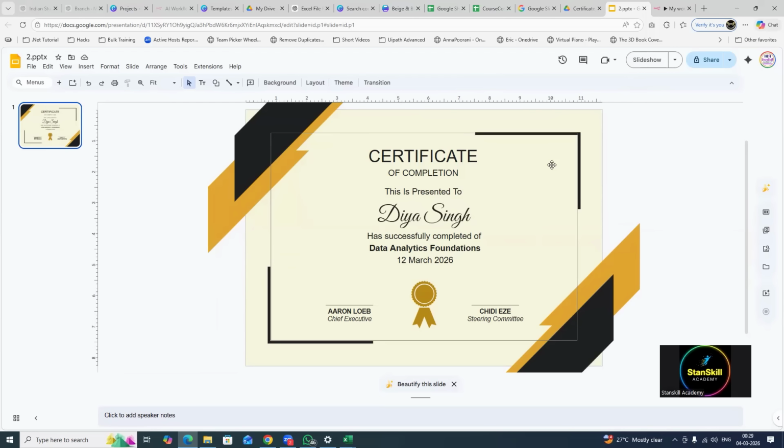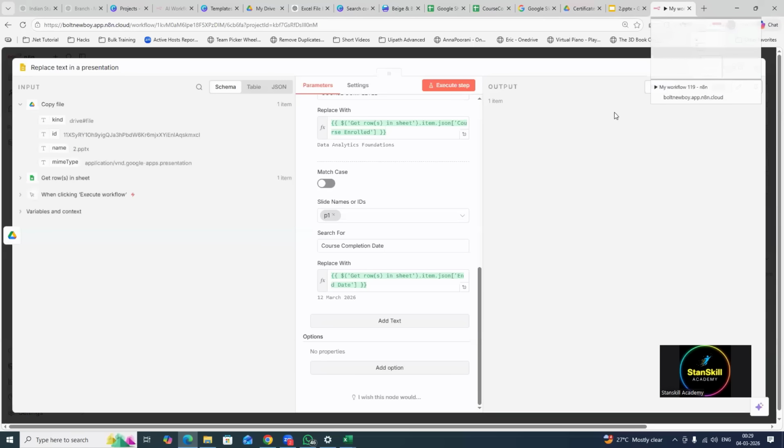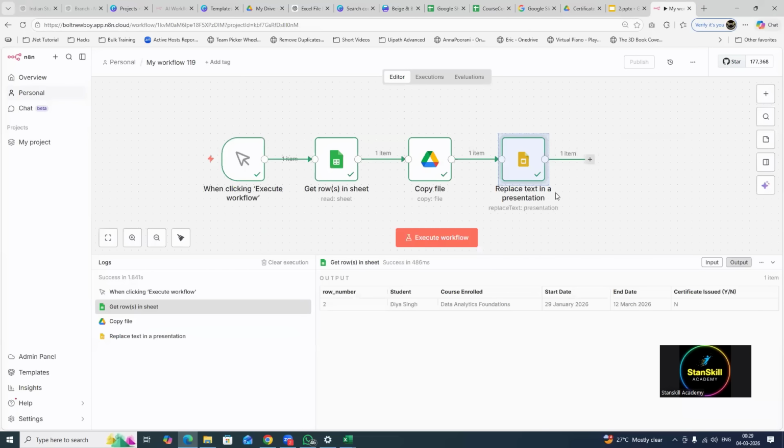Once the certificate is generated, I have to save the certificate as a PDF, right? Otherwise, I cannot send it as PPT to anyone. So that should be in PDF format, right? So what can I do to achieve this? Let us come back to n8n, close this, and we have to basically